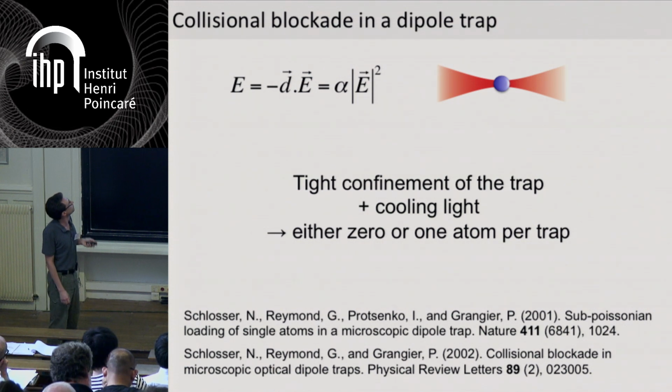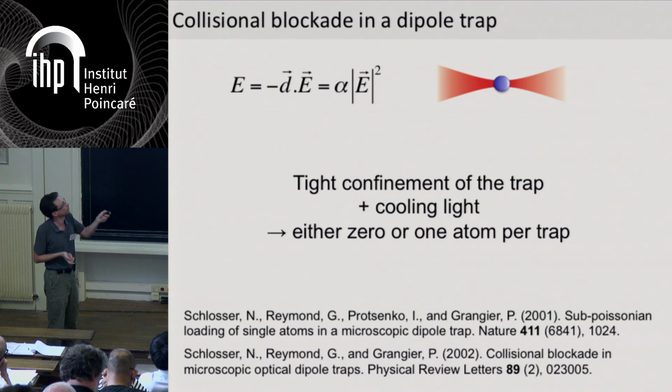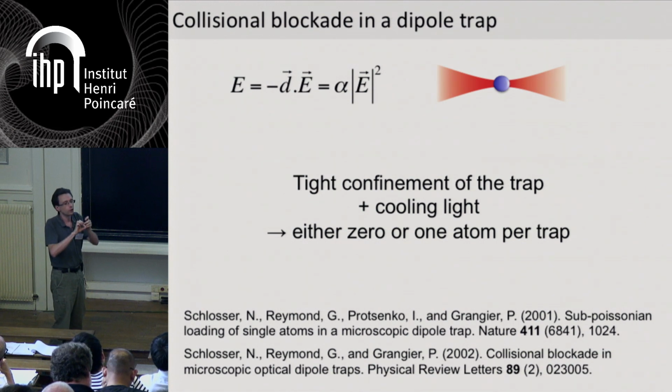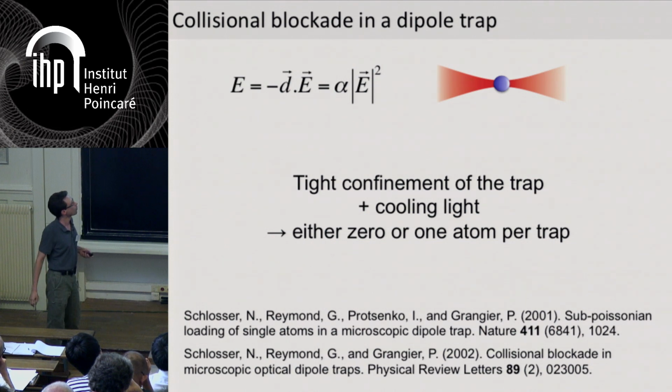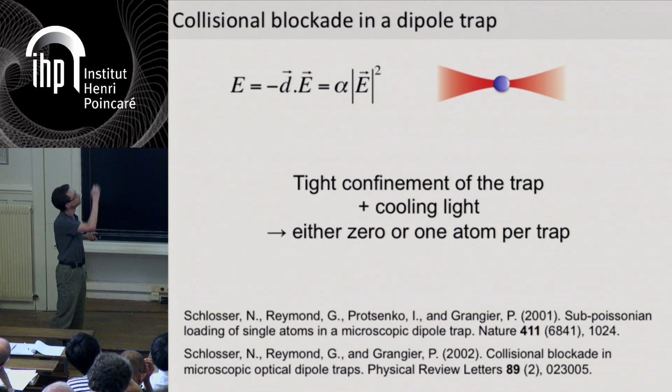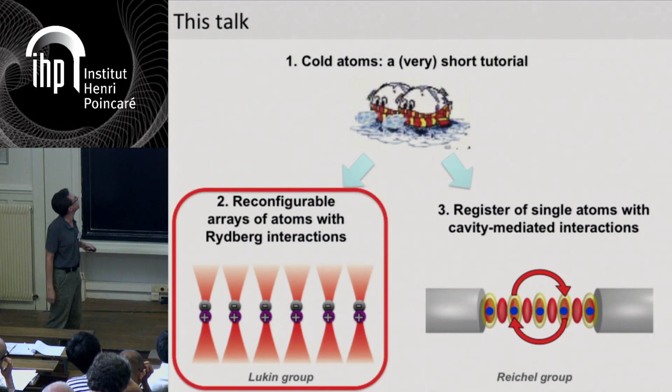which induce what are called light-assisted collisions. And the result is, as soon as there are two atoms in the trap, they encounter losses which kick both atoms out of the trap. So at the end, you get either 0 or 1 atom in your optical tweezer. And this is a stochastic process. You cannot control whether you'll get 0 or 1. And that's a very important ingredient for what follows, because now we have a tool to isolate and manipulate one atom per optical tweezer.